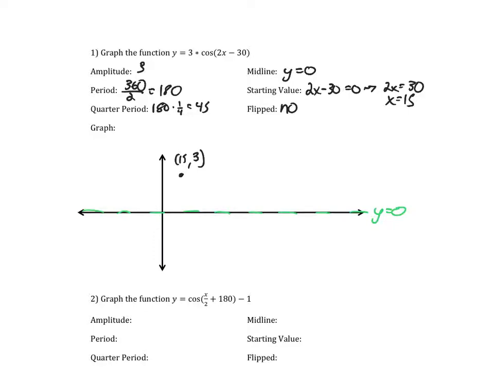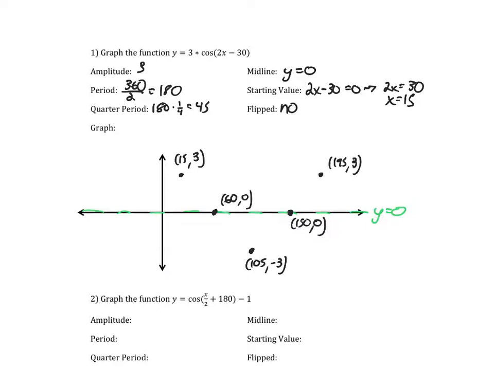So I start at a max. I then go down to a midline point. I'm going to add a quarter period. So add 45 to 15, and that gets me to 60. I'm now at 0. I'm then going to go down the amplitude to -3 and add another quarter period. That gives me 105, -3. I'm going to add another quarter period. That takes me to 150, 0. And then add another quarter period on top of that. That takes me to 195,